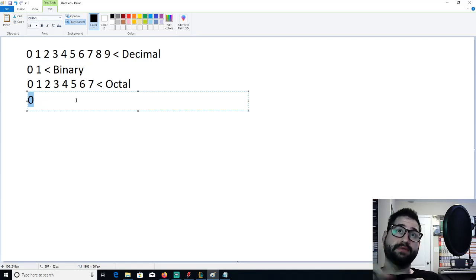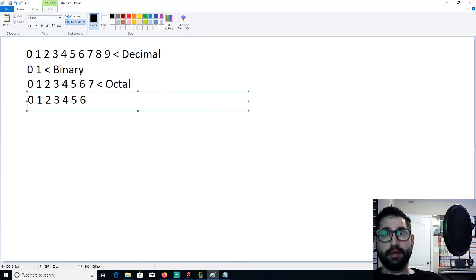It's because this is actually base 1, right? And this is base 2, as we saw. We see base 3, base 4, base 5, base 6, base 7, base 8, base 9, base 10